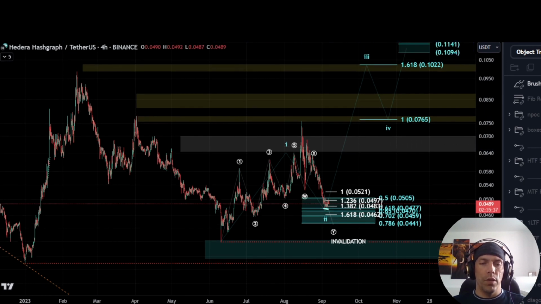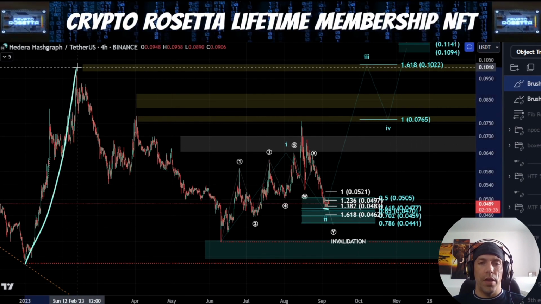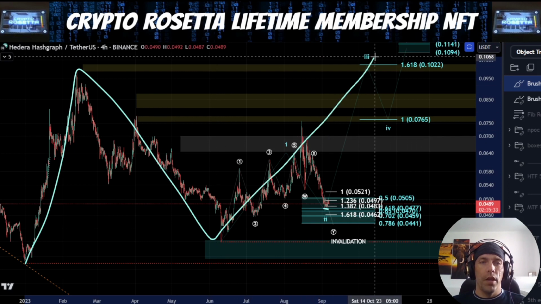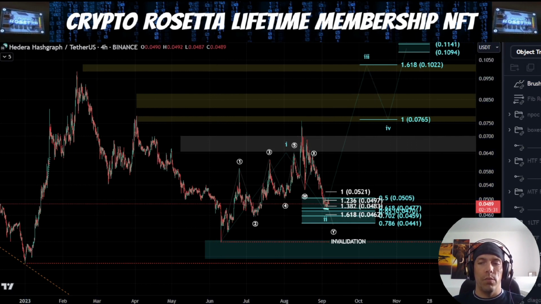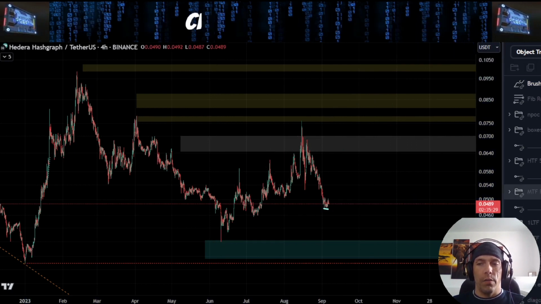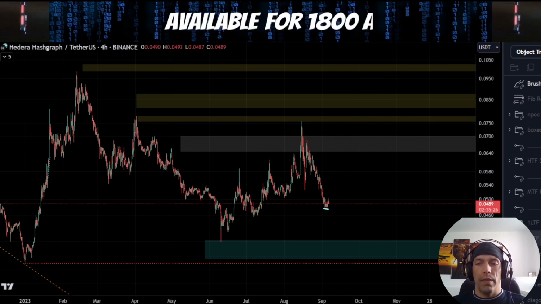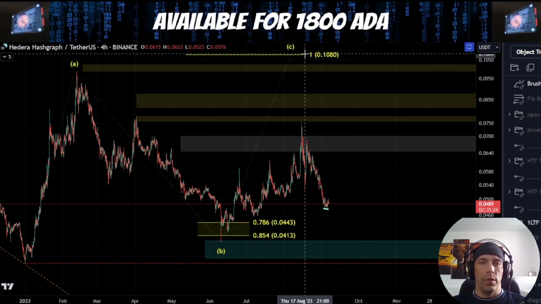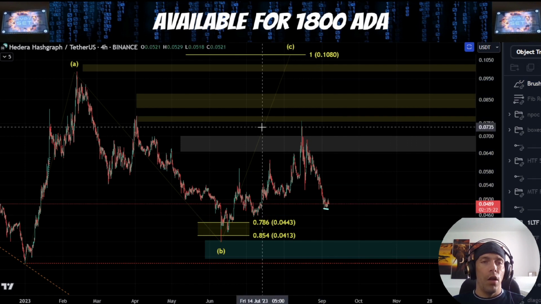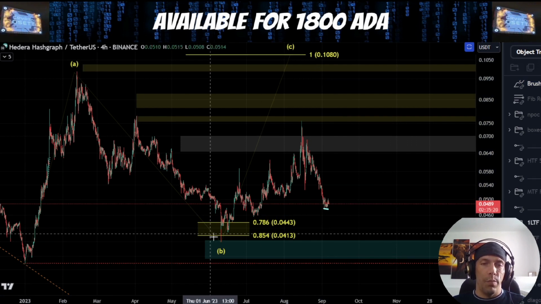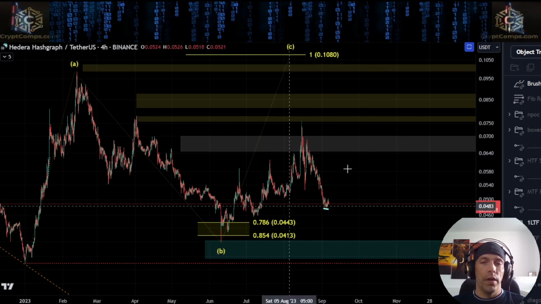But effectively, this would be looking for this possibility of breaking to the upside from this point, looking at this as just a corrective move up where we have this idea of a bigger ABC pattern. And then we are looking for the possibility to break down from this point. Obviously, if we do form this as A, B, and then we get another 5-wave move here, it is always